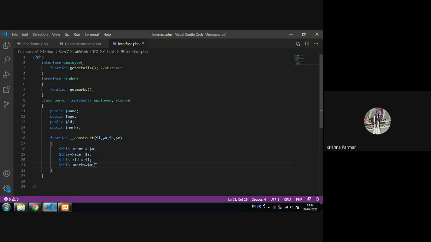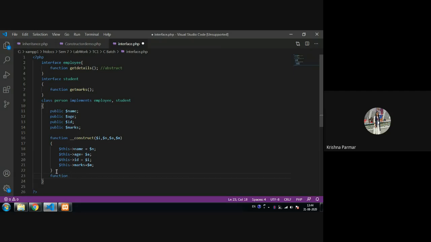Now what I want to check is if the ID is 1, then it goes directly to the getDetails function and displays the employee details. If the ID is 2, 3, or whatever apart from 1, it goes directly to the getMarks method and shows the details of the student. So here I am creating one function that will check it: if ID is 1, go to the employee part, and if ID is 2 or any other apart from 1, go to the student part.